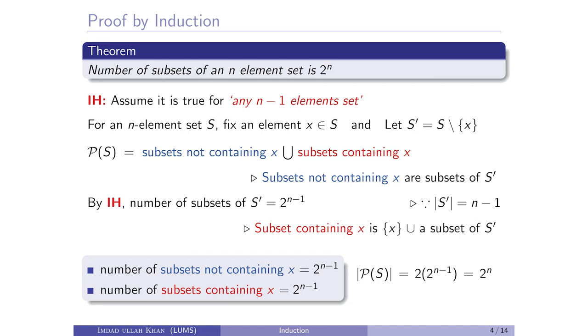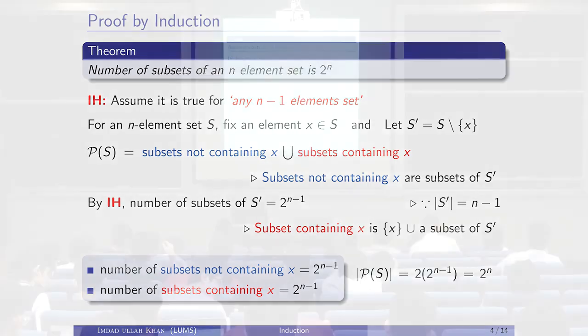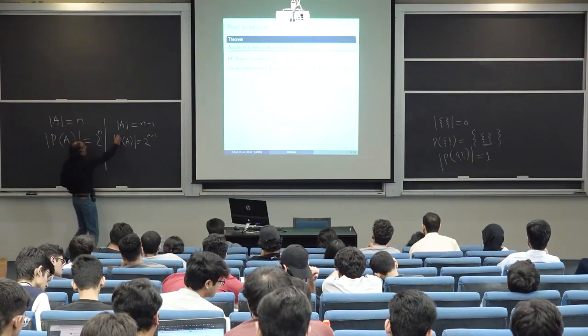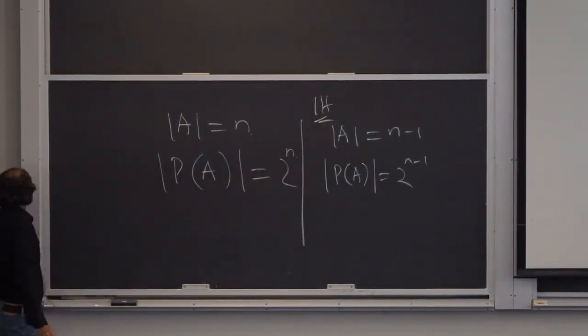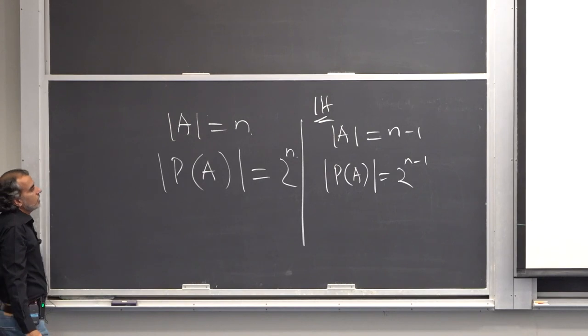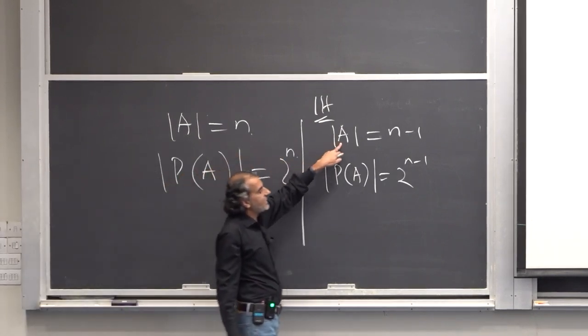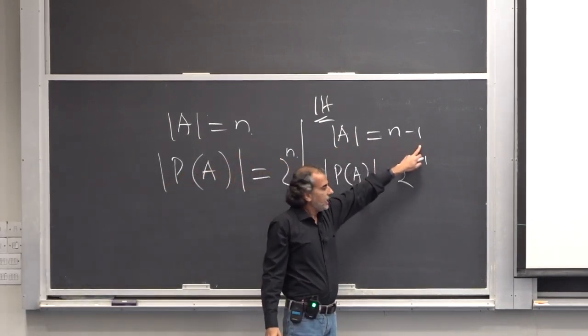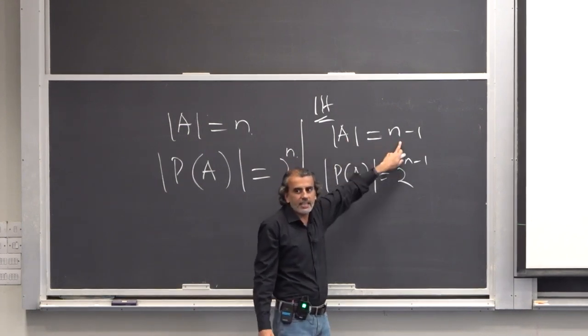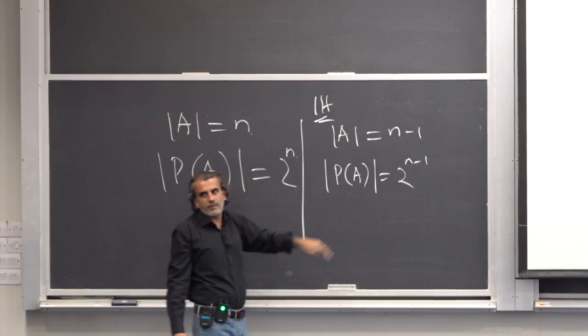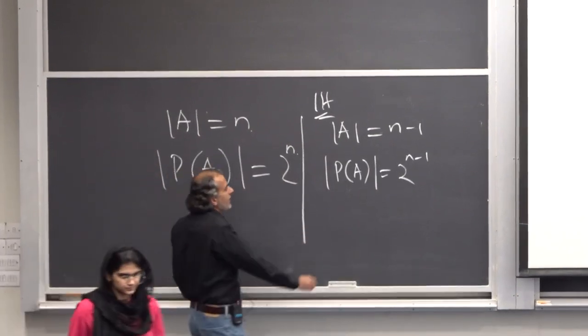Is everyone okay with this thing? Okay. So now there are two ways to do it, right? So we assume that this is our inductive hypothesis. If there is a set of n minus 1 elements, size of the power set is 2 raised to power n minus 1. So what we need to establish over here is that,